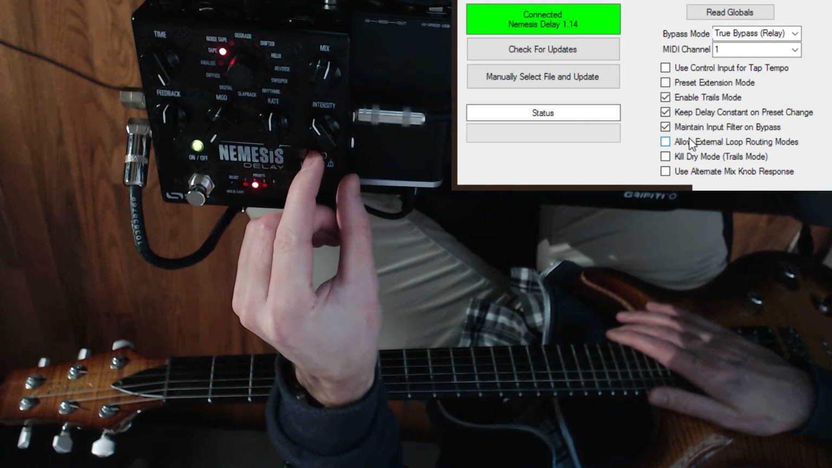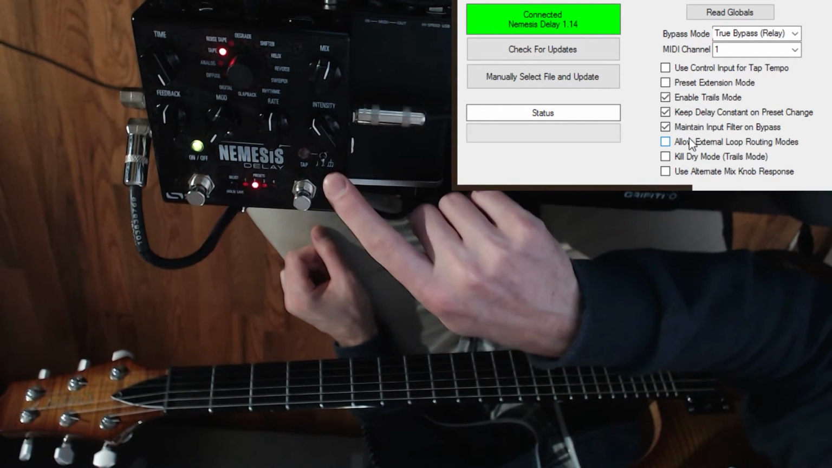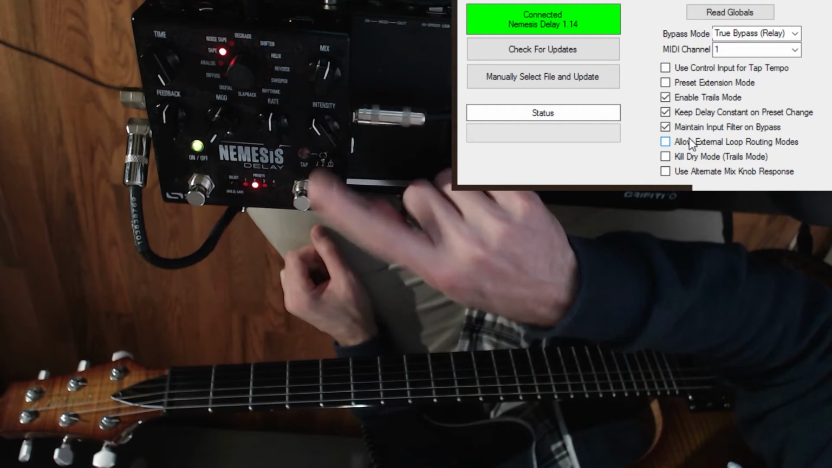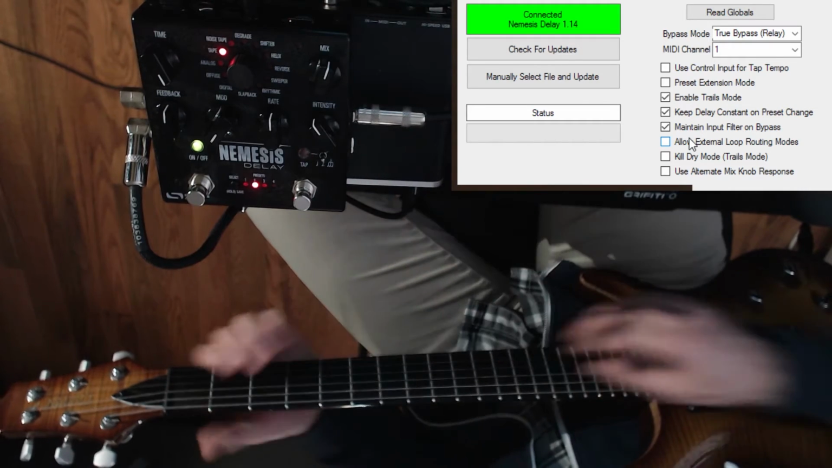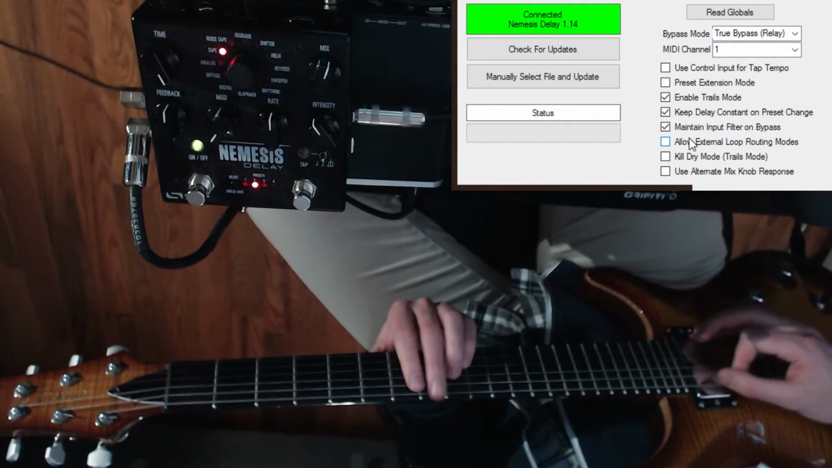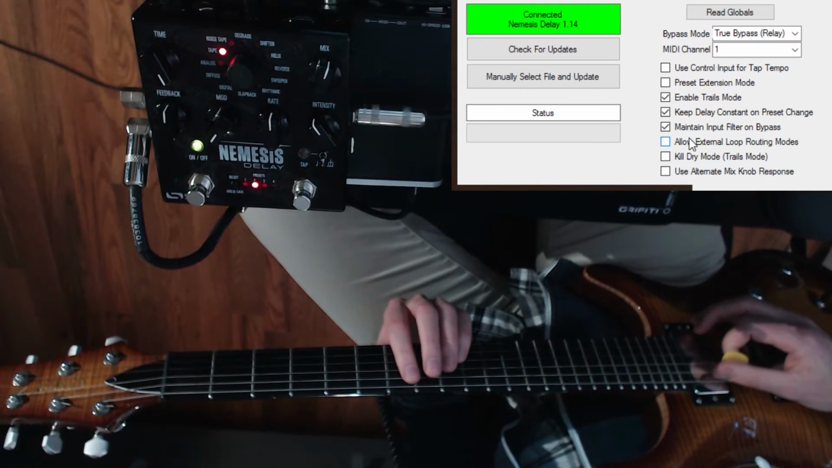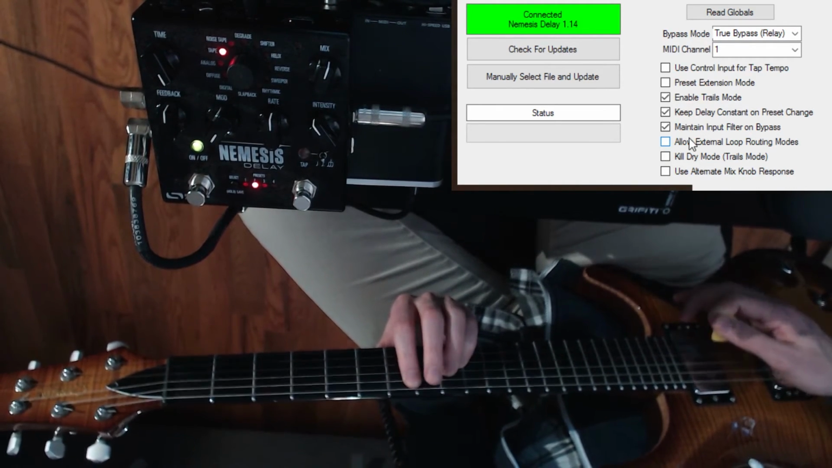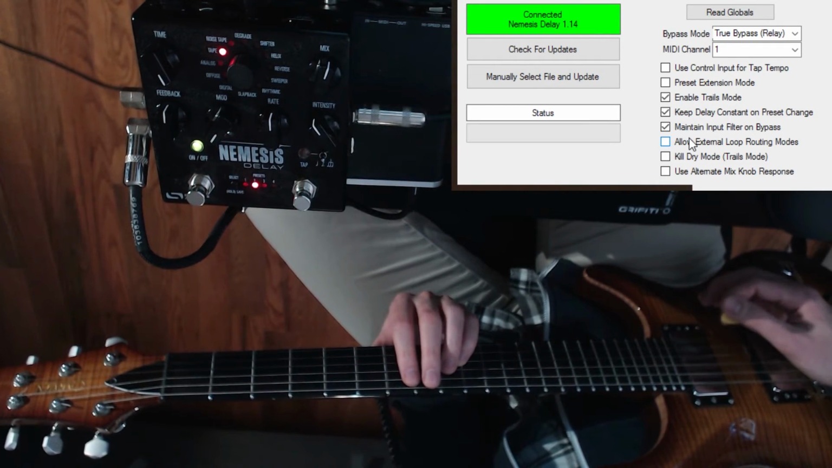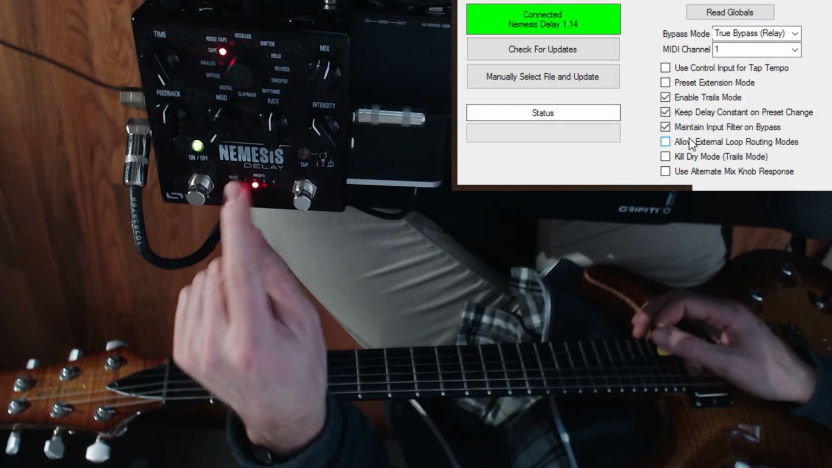But I'm going to set the tap subdivisions to dotted eighths, and you can see the LED is still blinking in time with the tempo that I tapped in. But if I play at the same rate, get a pick here. Alright, so it's at dotted eighth note rate. So I will save that